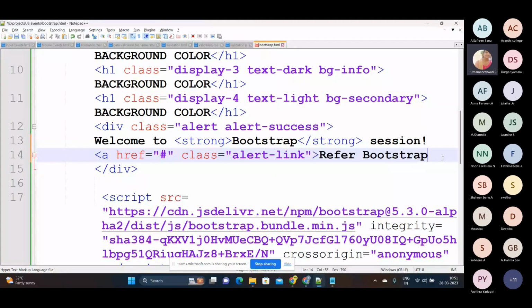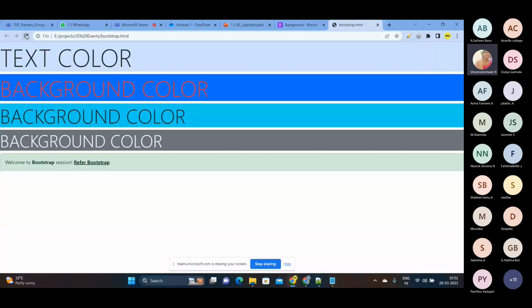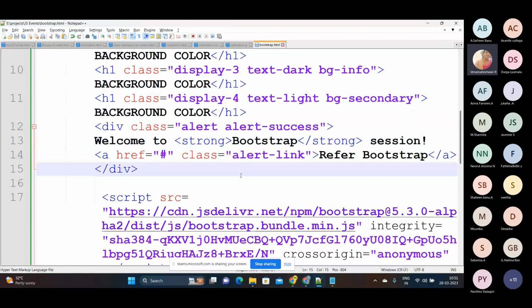Let's close this off. Go and refresh. So here you can see it has been referred as a link. And the last one is I need to use some closing, that is a cross icon, and it should be functional. It should react to whatever I do. Okay, so for that,